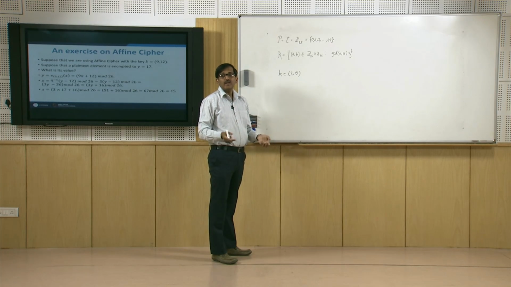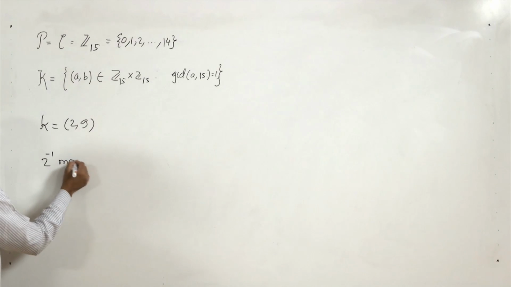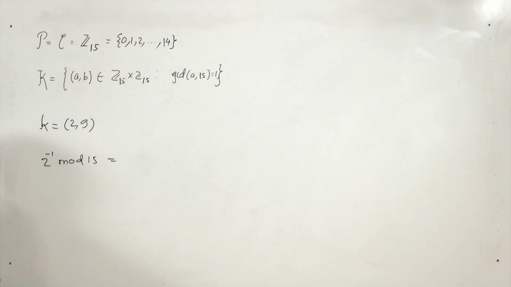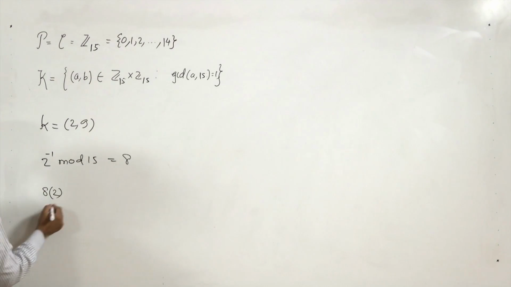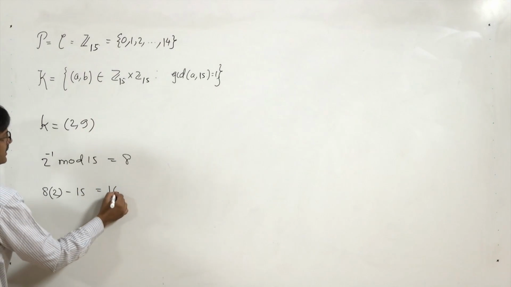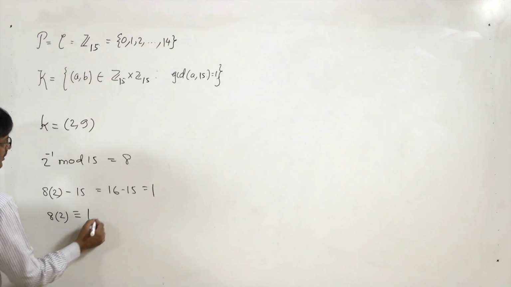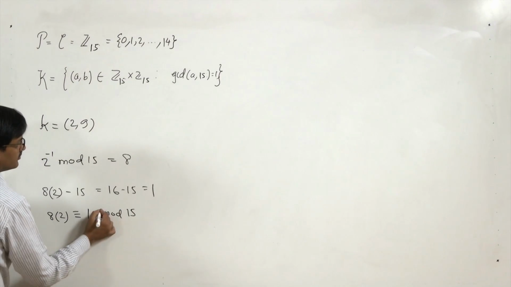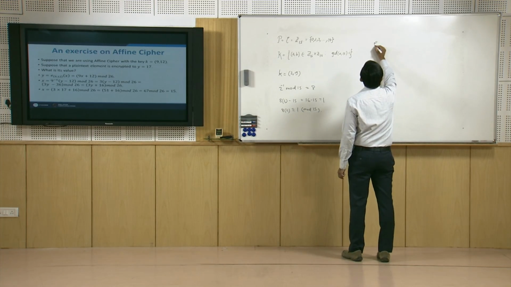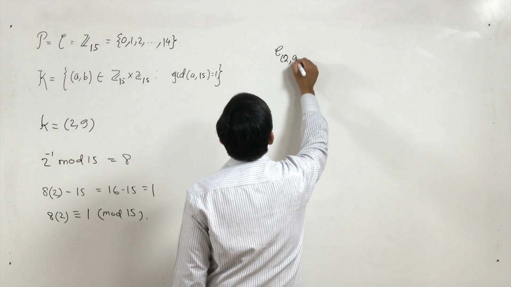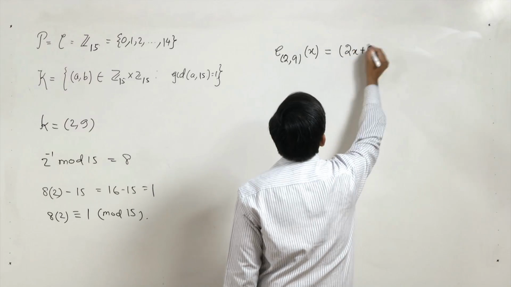And suppose we have to find 2 inverse mod 15, that is also not difficult to see. 2 inverse mod 15 is going to be 8. The reason is that 8 into 2 minus 15 gives me 16 minus 15 equal to 1, and therefore 8 into 2 is congruent to 1 mod 15. Thus, the encryption function will be like this: E sub (2, 9) of x is going to be 2x plus 9 mod 15,